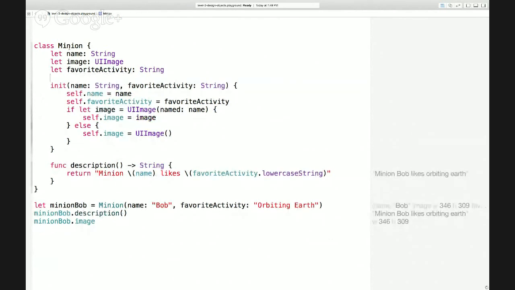But we actually want to make one so that we can set the name and favorite activity when we make a new minion. And so this is like a function, basically. It's just a function, and it has some parameters in it. And then when we call it, we want to make sure that we set self.name, so that refers to this one, with the name that we passed in. And the favorite activity. And then we need to set the image, but